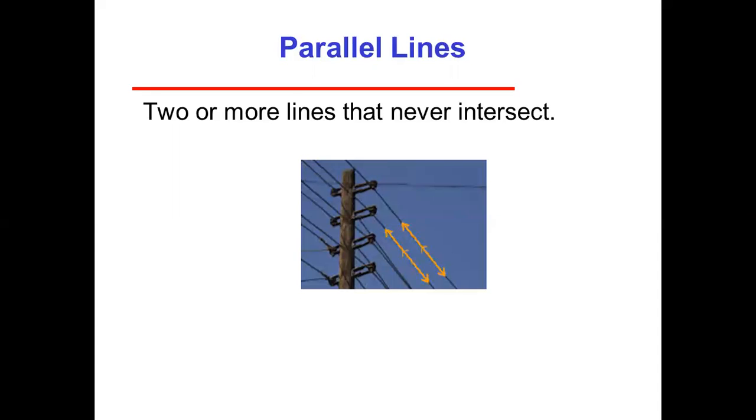Again, you can see one example of parallel lines. You can see the high tension lines, they run parallel. Two or more lines that never intersect. There are several lines that move directly in a straight fashion, so they are not meeting each other. If there are two lines going straight but not meeting at one point, there will be no intersecting points. These are called parallel lines. So this is one of the best examples of parallel lines.